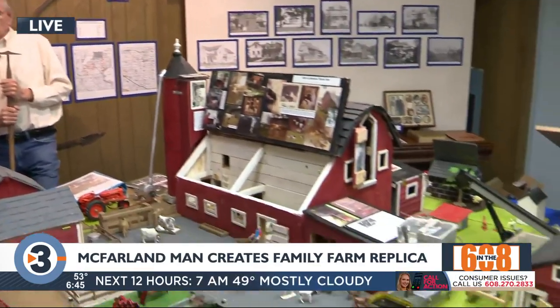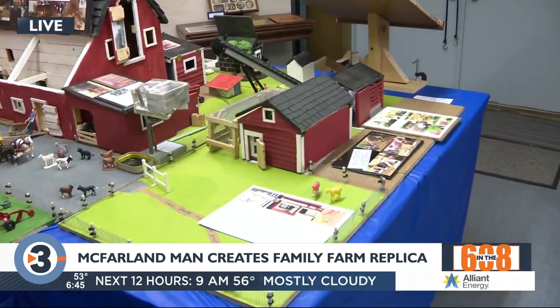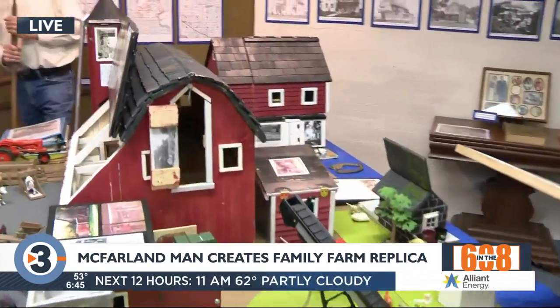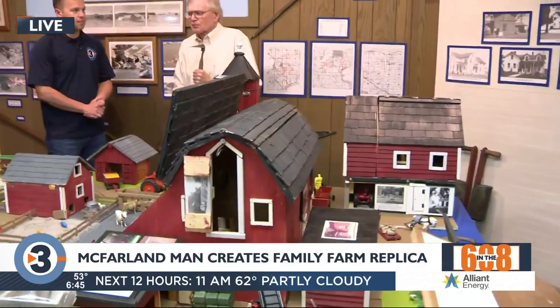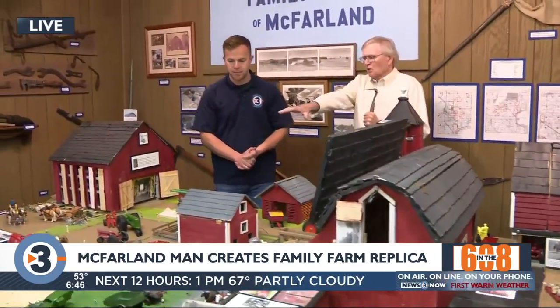Right. My family, as I mentioned in the last segment, started this farm, my dad and my mom, in 1944, and we sold the farm in 94 after my dad passed a couple of years before that. And my grandfather was the next farm down the road, so 100 years or more of farming history. And I talked a little bit about the barn and the silo. You know, lumber for that came from northern Wisconsin on rail cars to McFarland to the lumber yard. And I talked a little bit about the pig house, the chicken house, and everything, and how we had horsepower